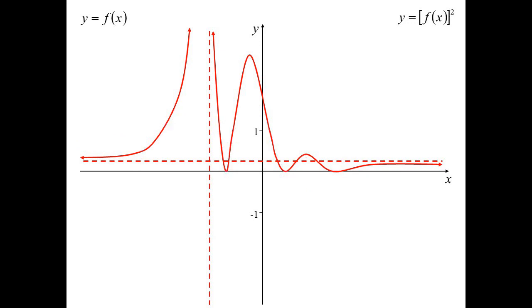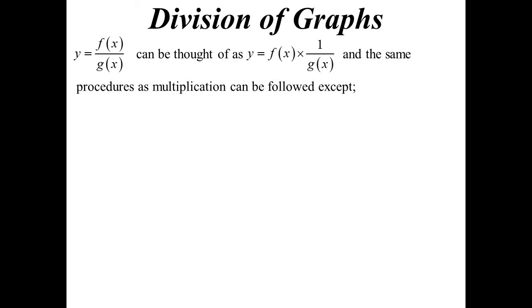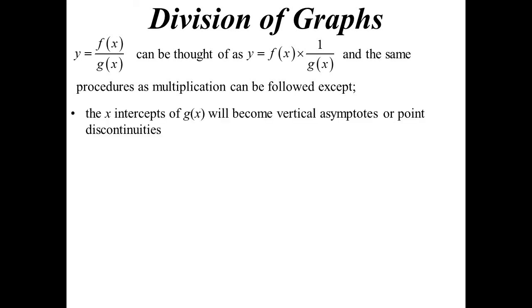Ooh, and there it is in all its glory. Isn't that lovely? Okay, division. Again, just like I did with subtraction, where I thought of subtraction as adding the negative, I can do a similar thing with multiplication. I'm dividing by g, but what I'm really doing is multiplying function f(x) by its reciprocal, 1/g(x). And so then all the same procedures can be followed, except now the x-intercepts of g(x)